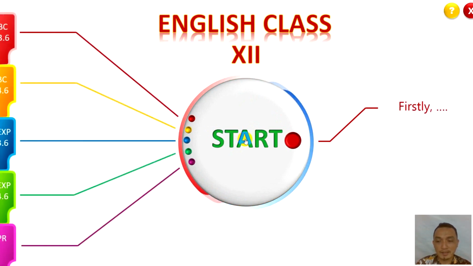Okay, well, students, here there is a title, firstly. When you see "firstly", it is one of the conjunctions to connect paragraphs that describe a process of something or making something. So when you see this title, maybe you can guess what the monologue text we are going to discuss today is. But before that, to make sure about the material, let's check the basic competence